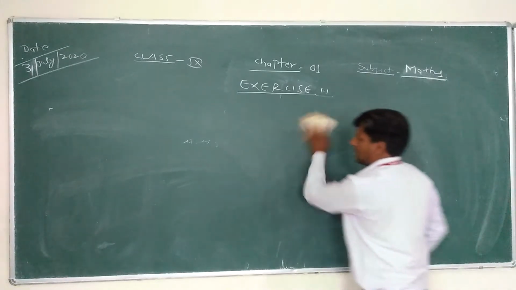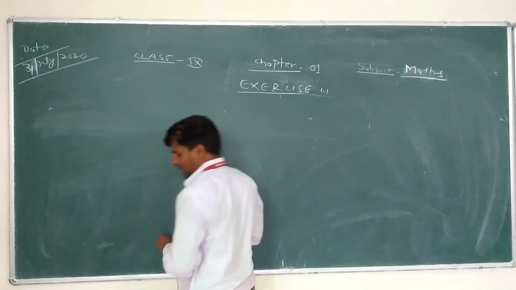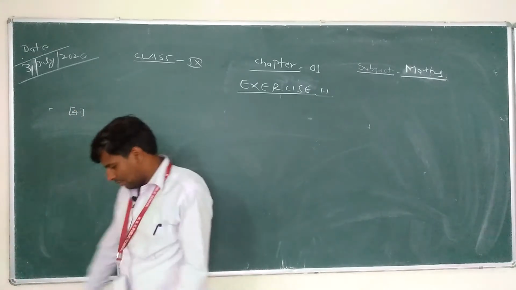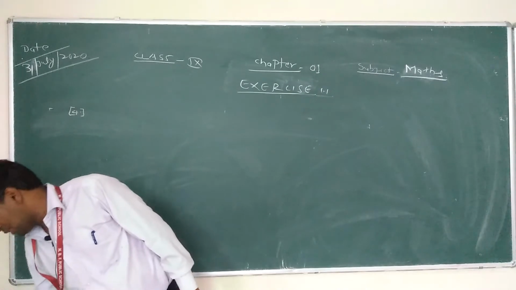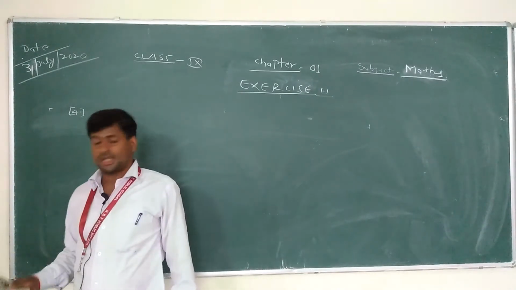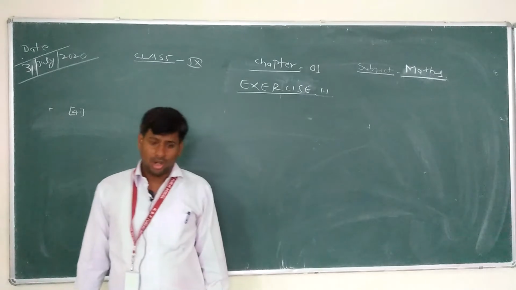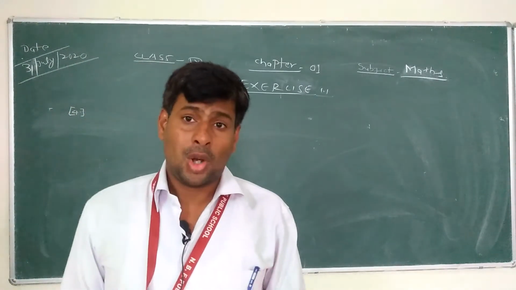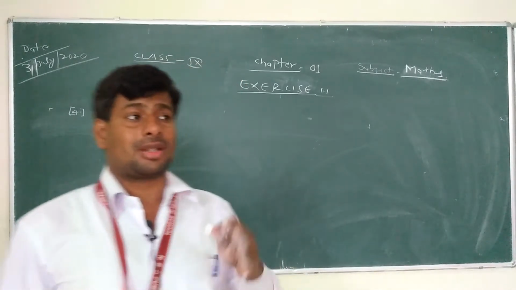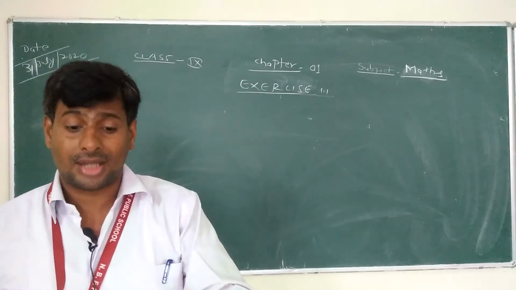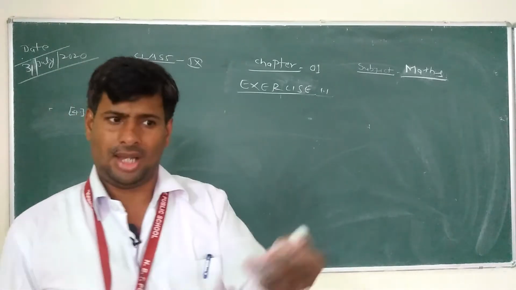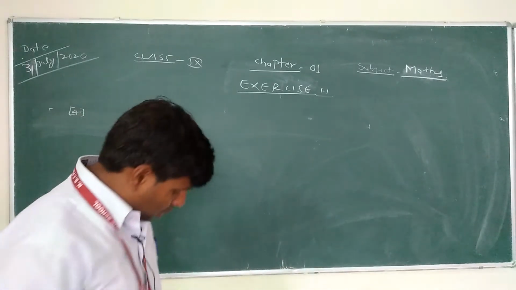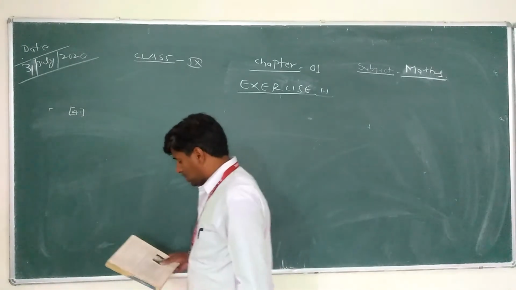So class 9, you can see the last question of exercise 1.1. That is question number 4. What is question number 4? State whether the following statements are true or false. You have to tell whether each statement is true or false, and these statements depend on definitions that you can confirm from the previous class about natural numbers, real numbers, types of real numbers, etc. So we can discuss this last question.